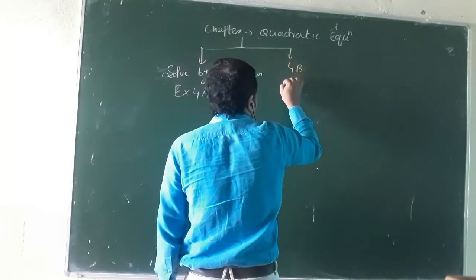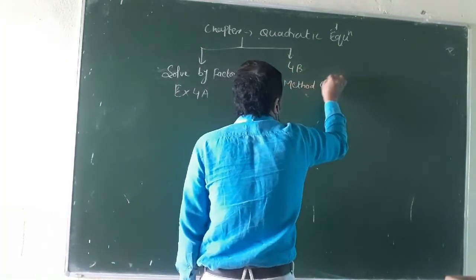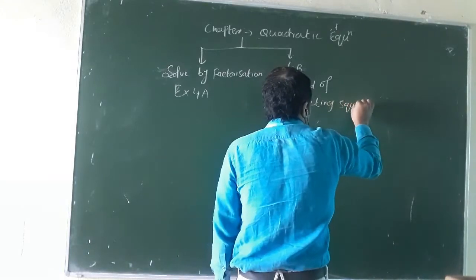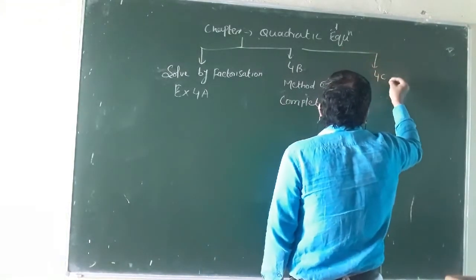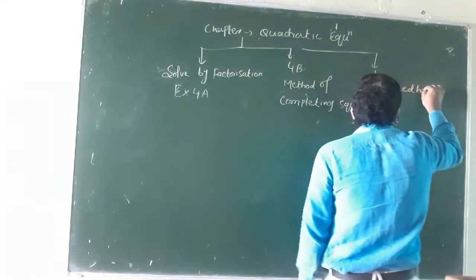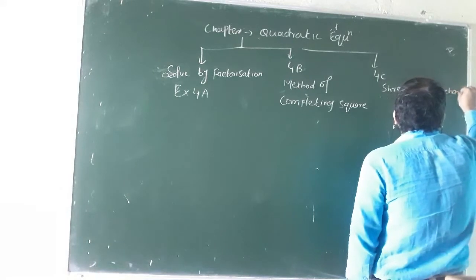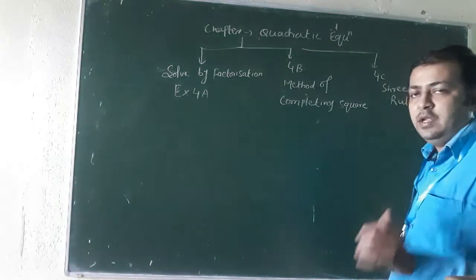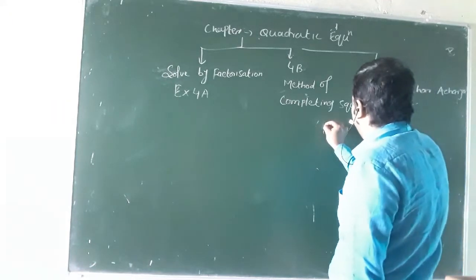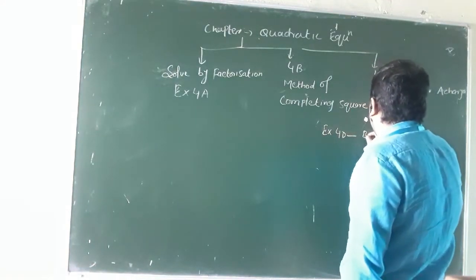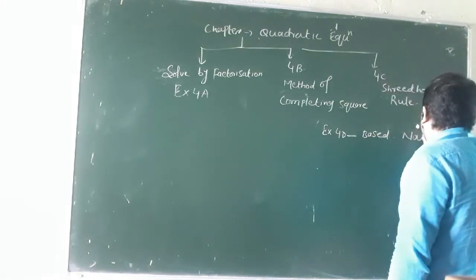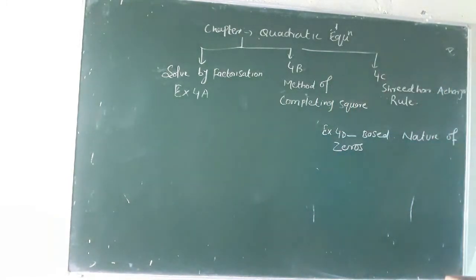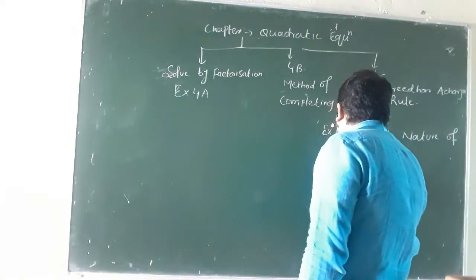4B में आप चले जाइए तो मेथड ऑफ कंप्लीटिंग स्क्वायर। 4C में आ जाइए श्रीधर आचार्य रूल। ये सब सॉल्व करने के तरीके हैं। इसी तरह से 4D आपको मिल जाएंगे जो कि नेचर ऑफ जीरोस पे रिलेट करेगा। और लास्ट आपका 4E है जो कि आपको वर्ड प्रॉब्लम्स होंगे।